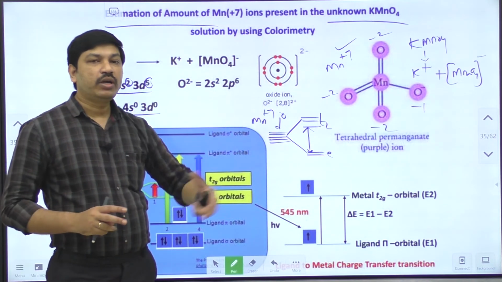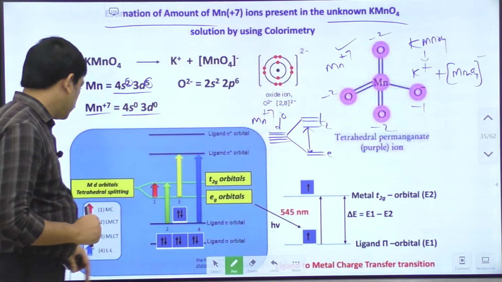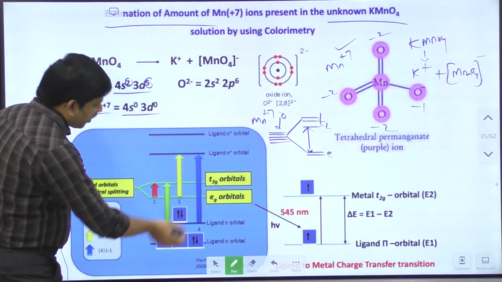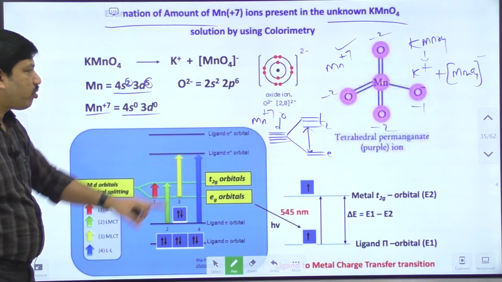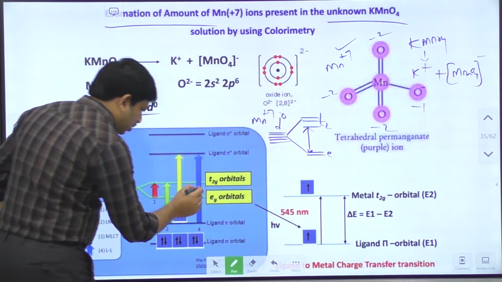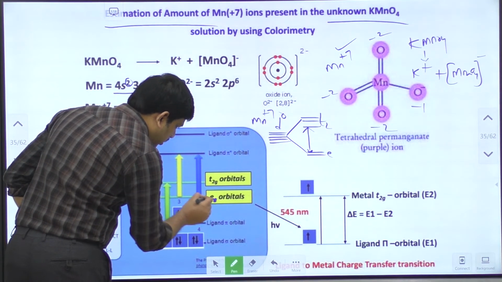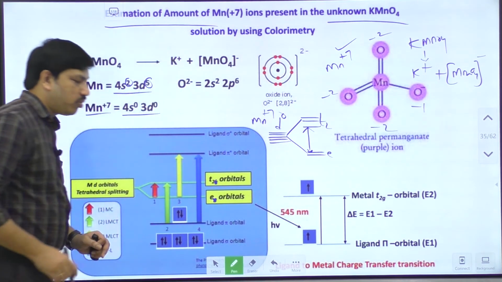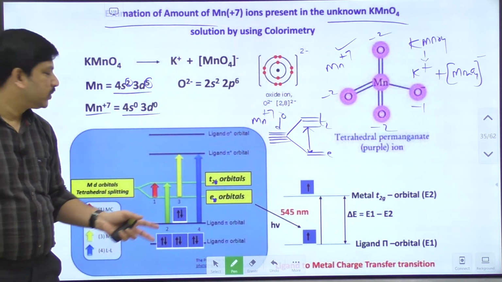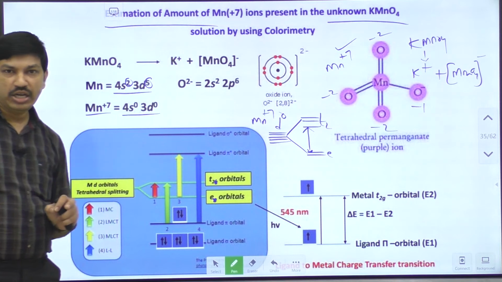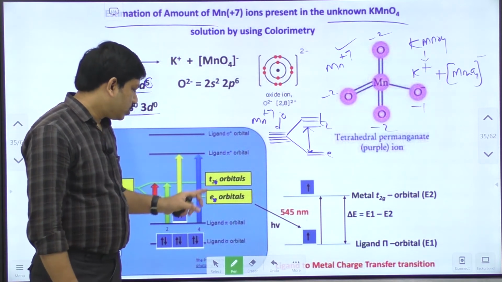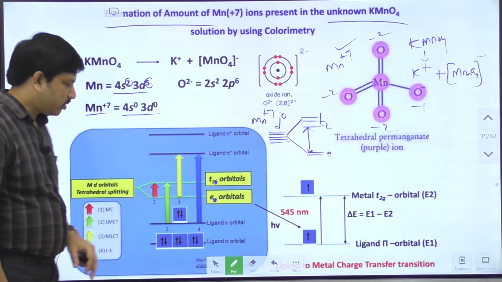We have to form the corresponding molecular orbital energy level diagram. Here, this is the molecular orbital energy levels in the case of the MnO4 minus compound. Sorry, this is actually E only, not EZ. This is actually T2 only. We know that a tetrahedral compound is one of the non-centrosymmetric compounds, so we have to write E and T2 symbols only. Don't write T2g and Eg kind of symbols. So this is the E orbitals, this is the T2 orbitals.